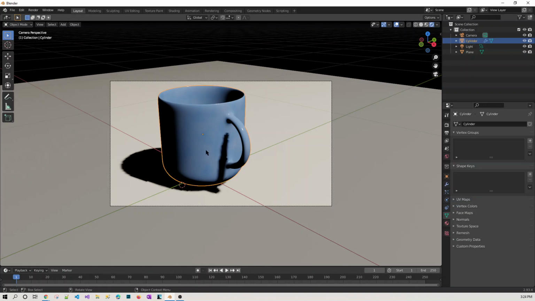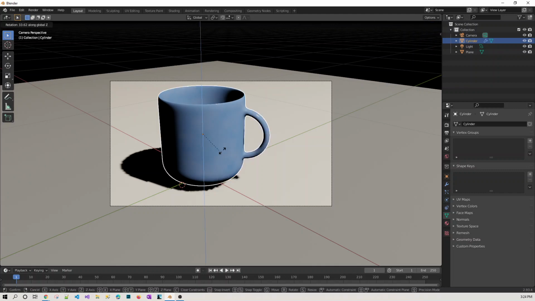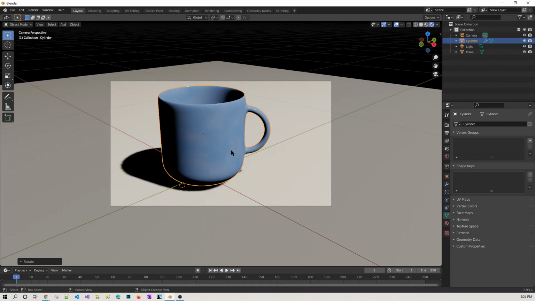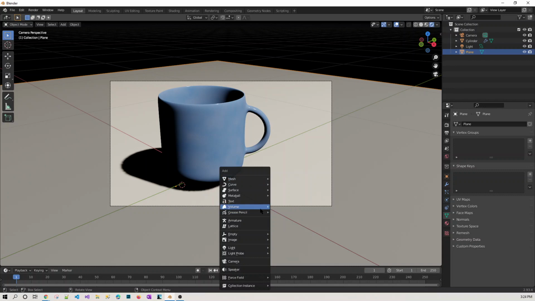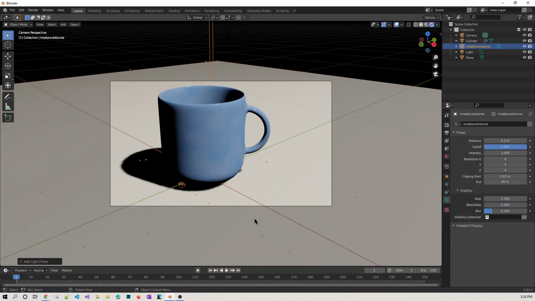I'm going to select this object, rotate along Z, so that it comes straight to the camera. And then after that, I'm going to press Shift A and add a light probe, irradiance volume, so that it should give some light. You can experiment here.